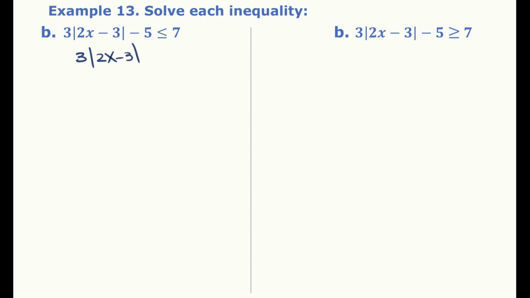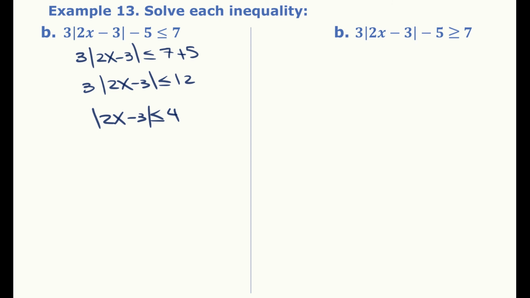We'll first add 5 to both sides. So on the other side, we get less than or equal to 7 plus 5. So 3 times the absolute value of 2x minus 3 is less than or equal to 12. So the absolute value of 2x minus 3 is less than or equal to 4, because we divide both sides by 3. So now